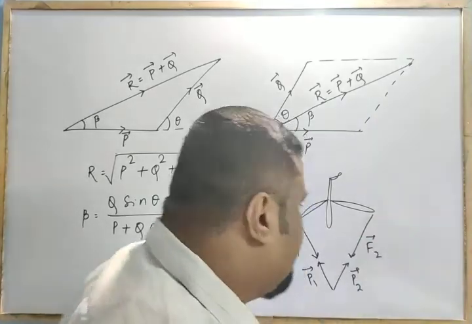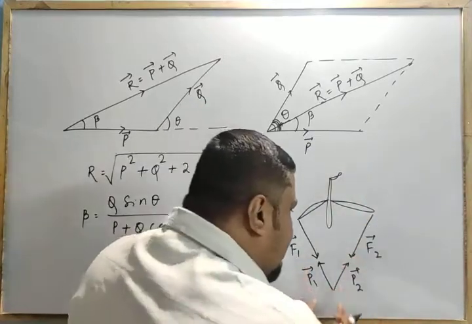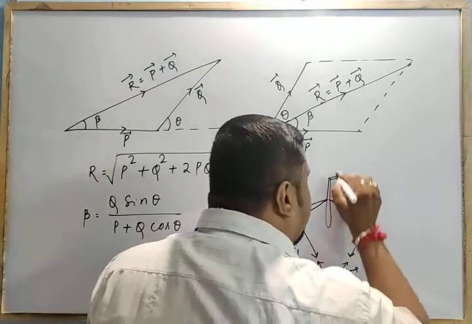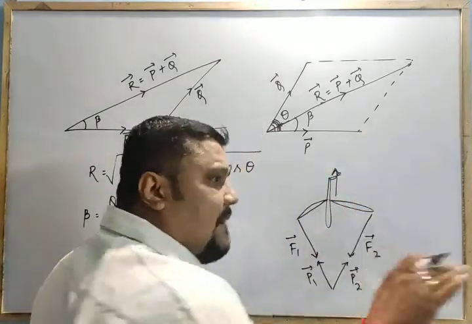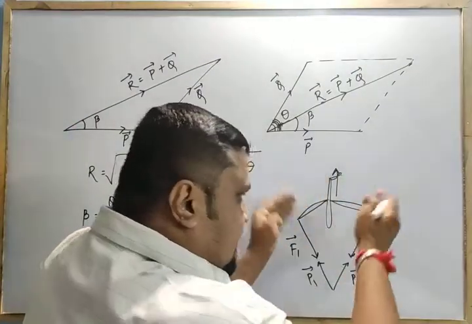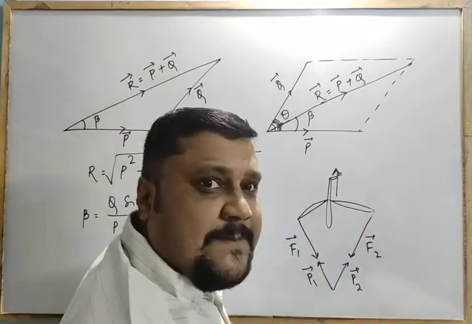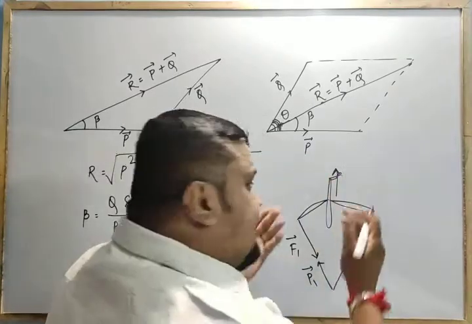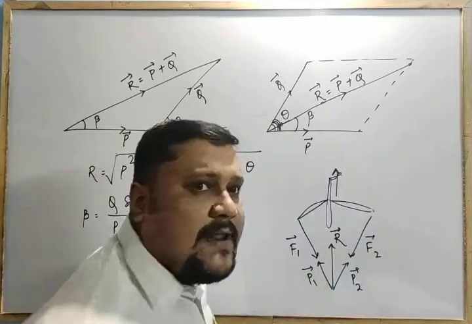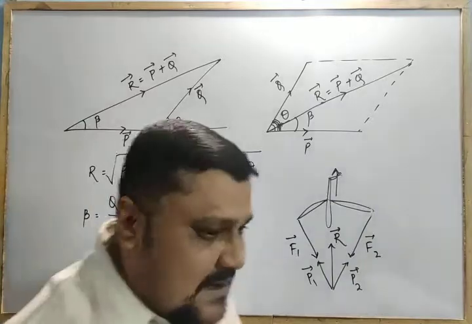Already you know that. If the wings push the air downward, it will push upward. So what will happen to the bird? The bird will go up. Why will the bird go up? By pushing the wings like this, the air will push the wings like this, towards a point. It means this wing comes here, this wing comes here. So it pushes like this. The air pushes opposite, so the bird goes up. This is the resultant R. What is this R? P1 plus P2, vector. These are the examples. Right?